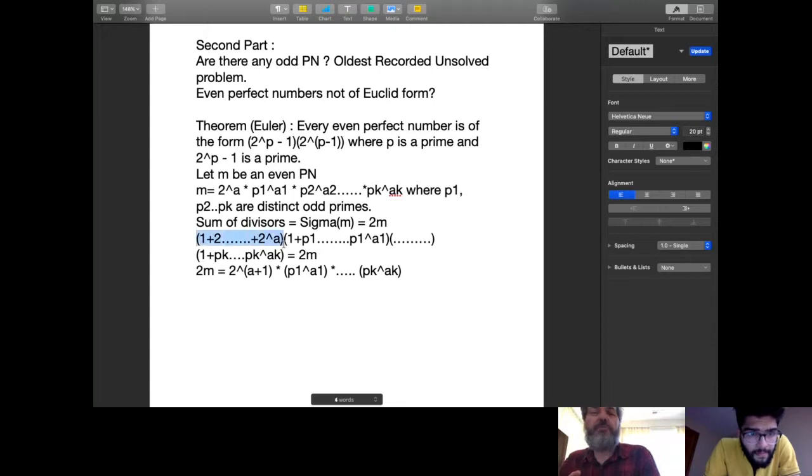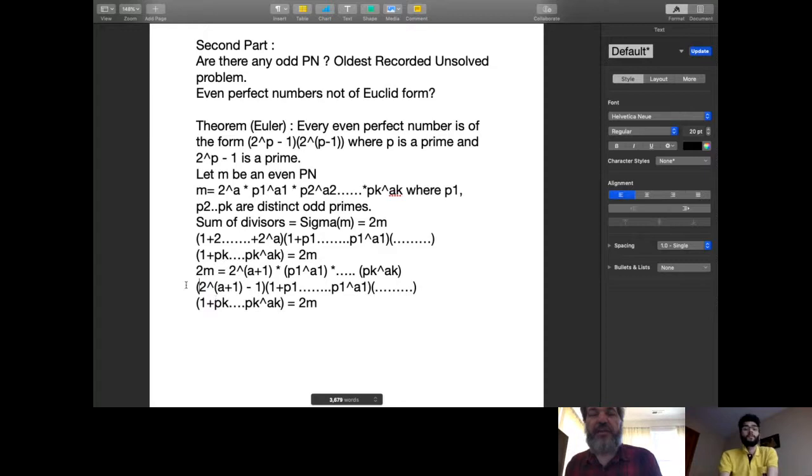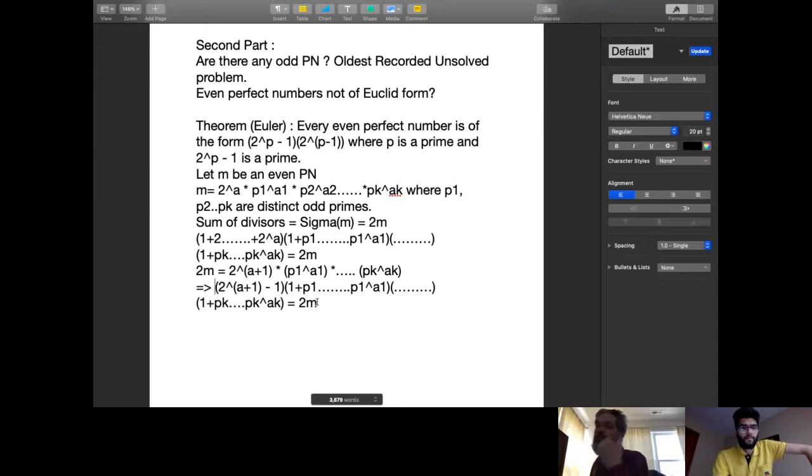So we can replace 1 plus 2 to the a by just the next power, which is 2 to the a plus 1 minus 1, and remove the other things. Okay, so now I claim that this product is not going to be equal to 2 times m, because it's going to be larger than 2 times m, as follows. Let's say this product that we just wrote